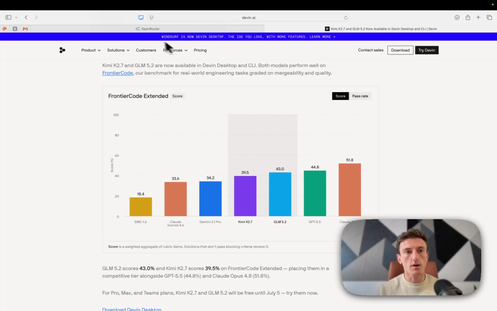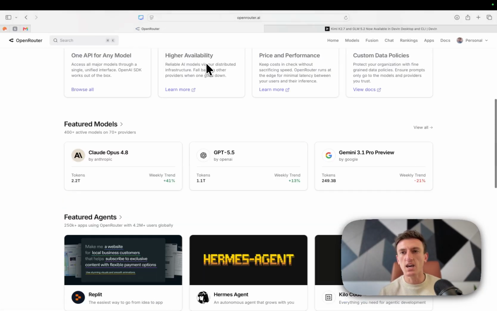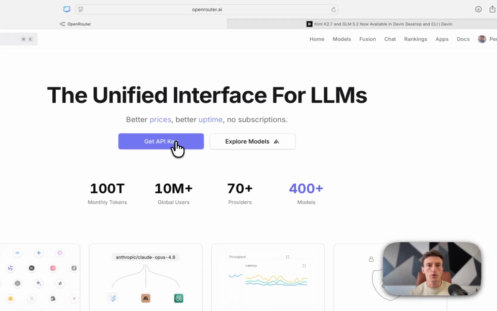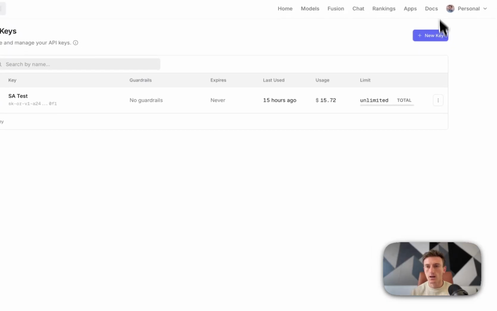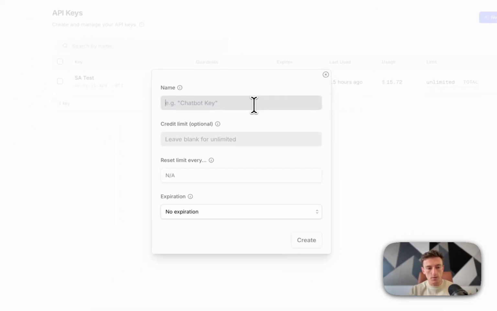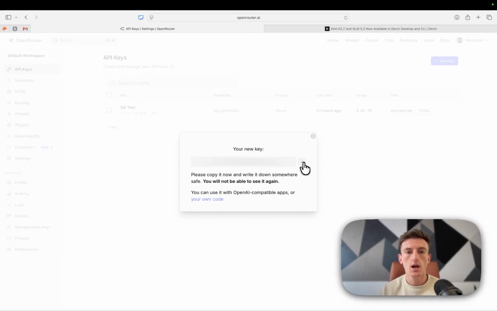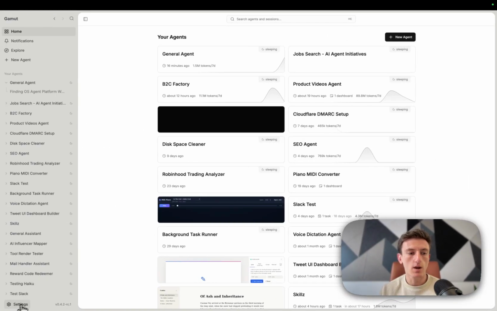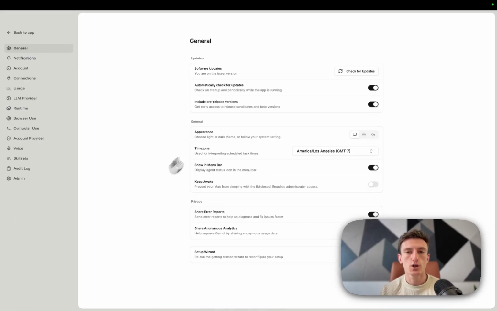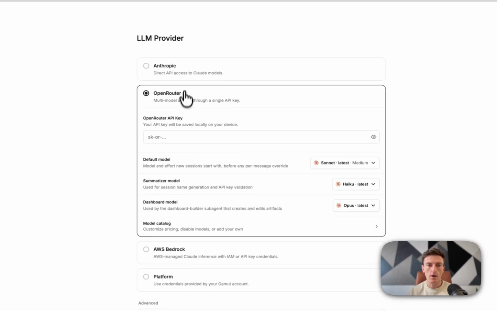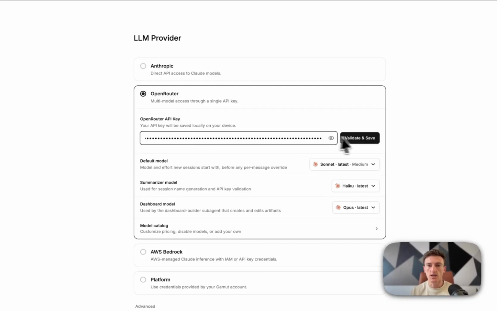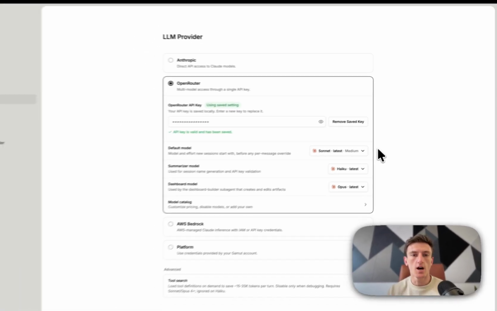So the first thing you're obviously going to need is an OpenRouter API key. So I can just head to OpenRouter.ai, get API key, and then I'm just going to create one. I'll go with my Gamut key, and then just create it with all the default settings. I'll copy the key, and then back here in the Gamut application, I can actually go to settings. I'll go to LLM provider, OpenRouter, and I'll just put this API key in here, validate and save, and everything